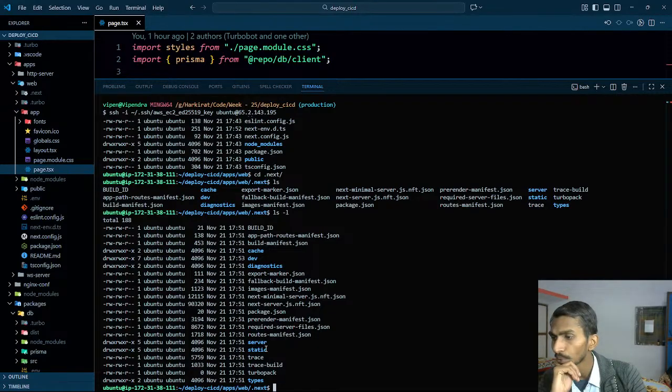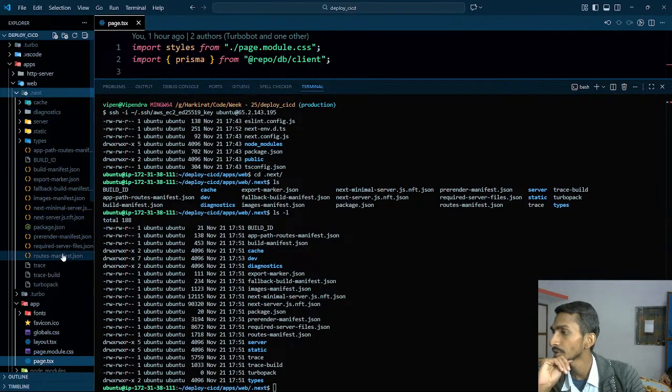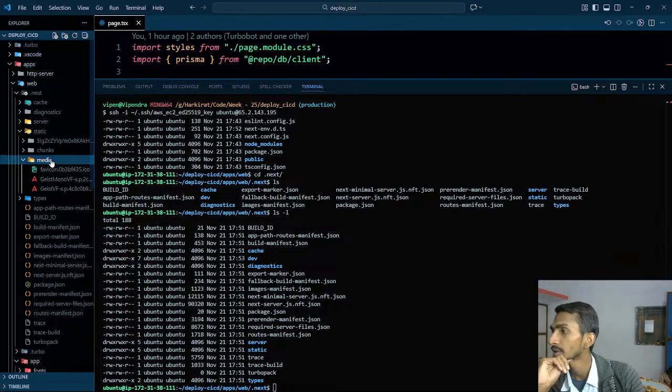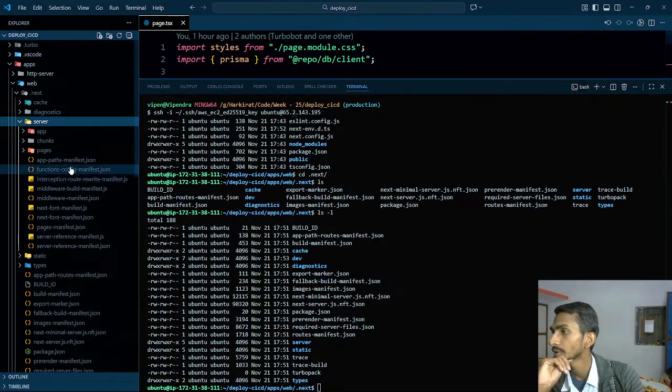We can check this thing in here. Okay, we have next here. Inside next we have static, then media, nope, chunks, nope, server, and inside that we have pages, don't we? Well, nothing is generated.